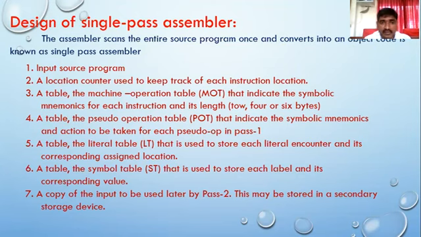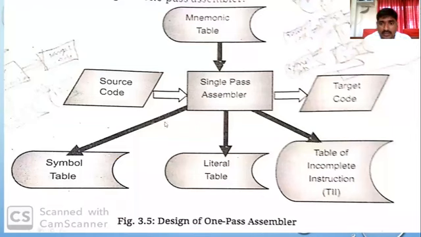Then next is the symbol table, which contains the names of the symbols, that is the mnemonics used in your program, and the symbol will be added into the symbol table along with its corresponding value. All these things should be considered while scanning the program. After scanning the program, we have to create a particular intermediate representation. The intermediate representation will be converted into the form of target code. Okay, this is the complete process of the single pass assembler.